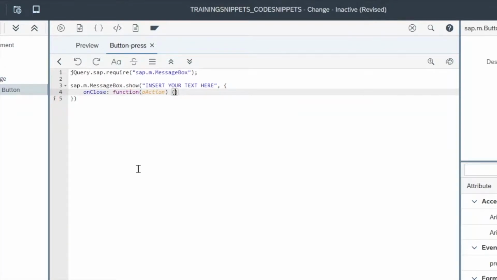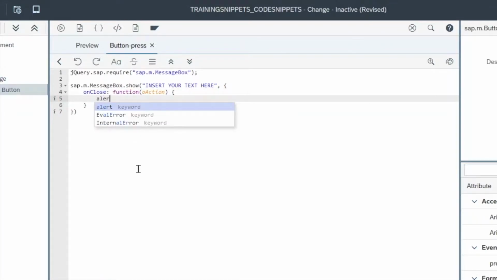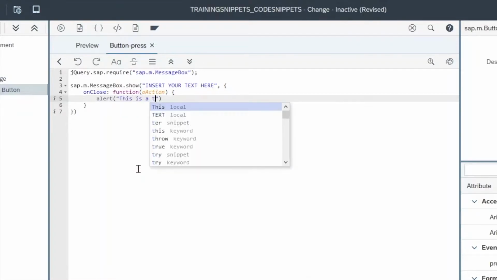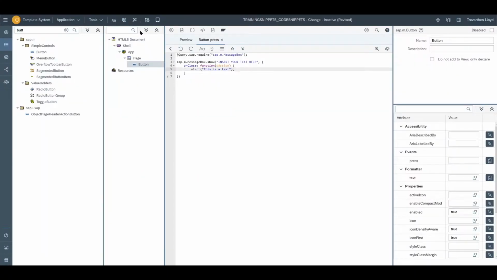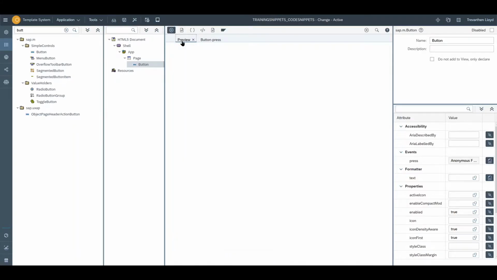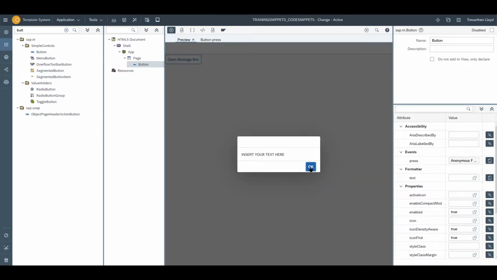This snippet's functionality consists of showing a message box with some text inside, and when the message box is closed, it then triggers the function we've defined, which shows an alert message. After activating the app, we can test this functionality to ensure it works correctly,